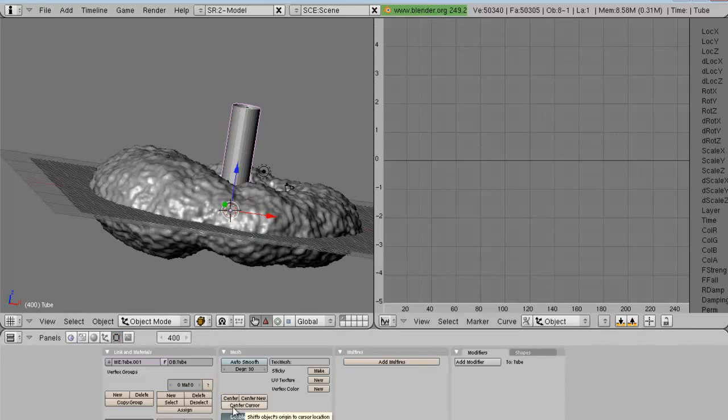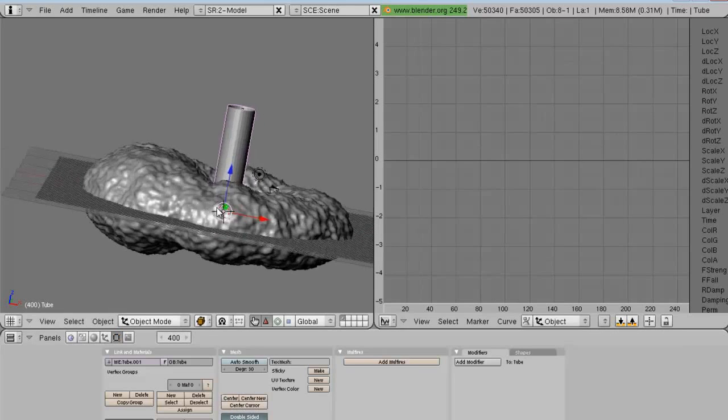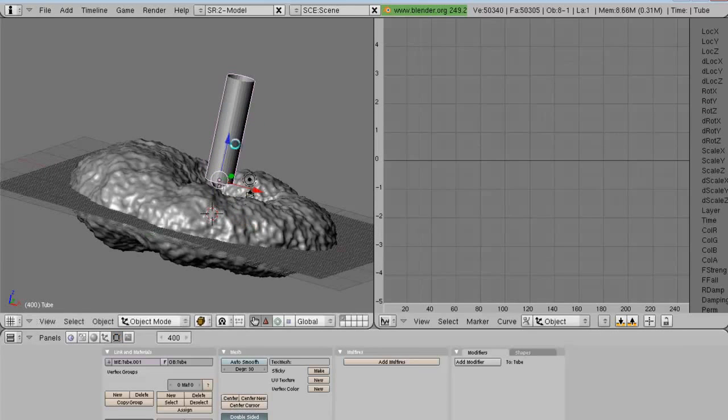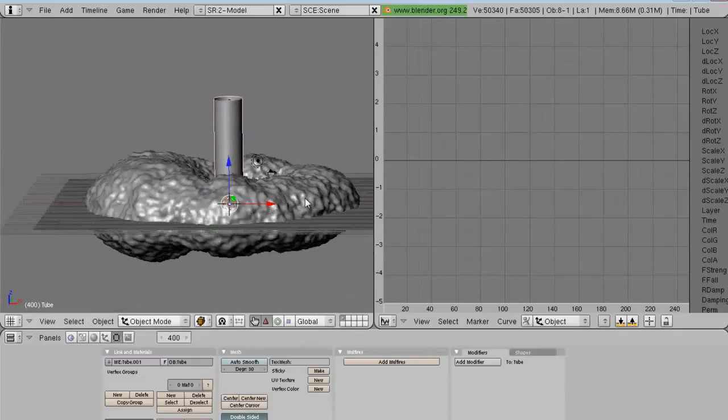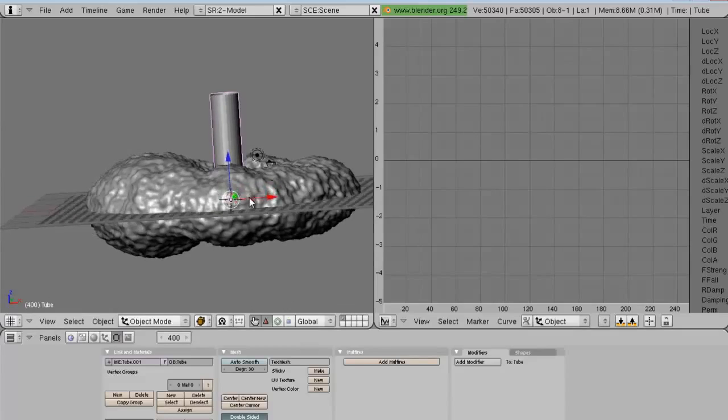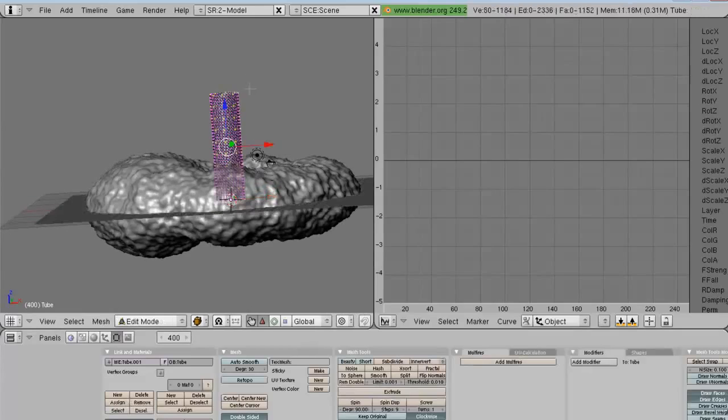Then click Center Cursor here, and it'll actually move this object's origin into the center of the 3D cursor. So now when you scale it, it'll actually scale from the point of the 3D cursor. So scale it to about there. I think that's about right. And then press Tab,